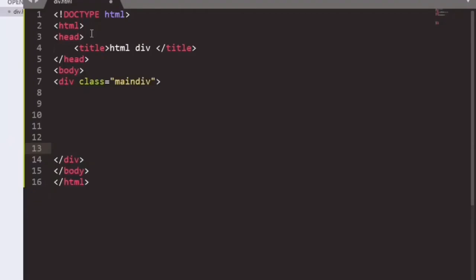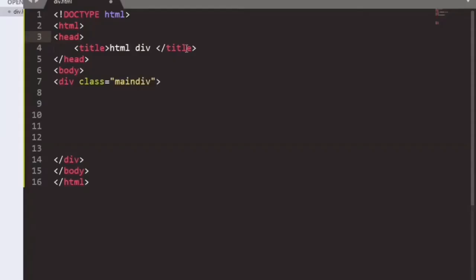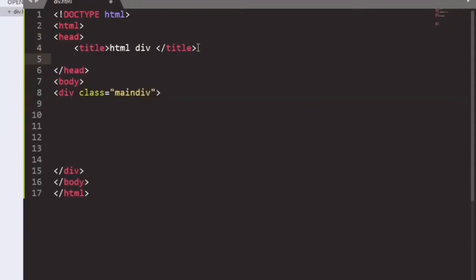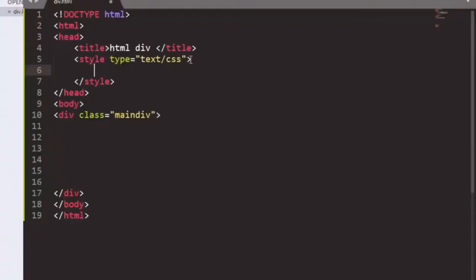In between this we will take the style tag, and in between this we will add our class.